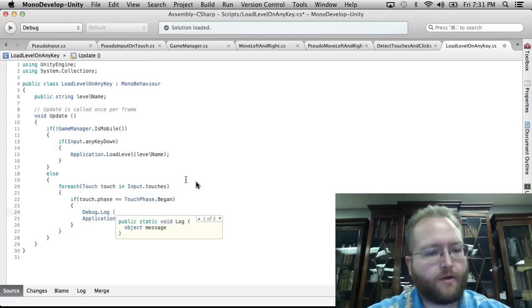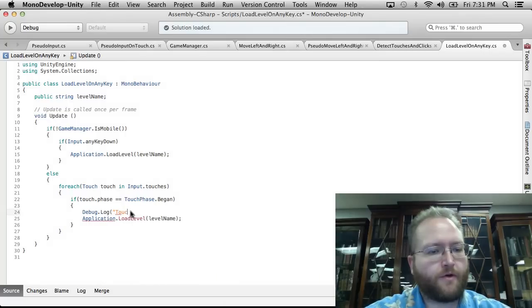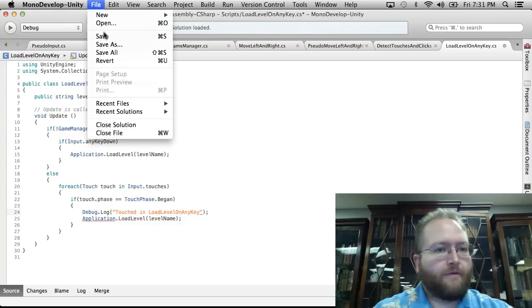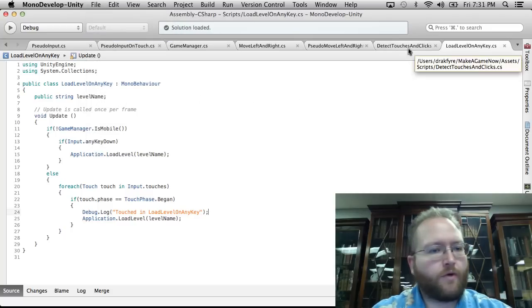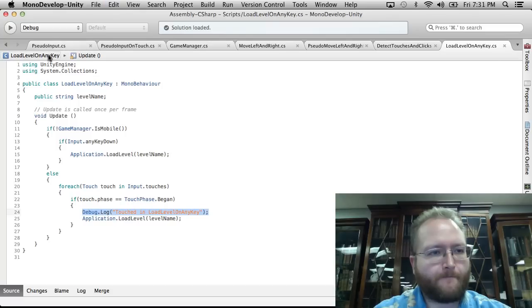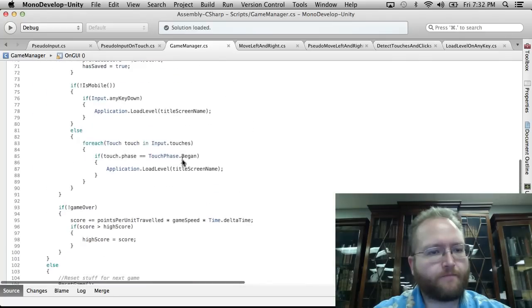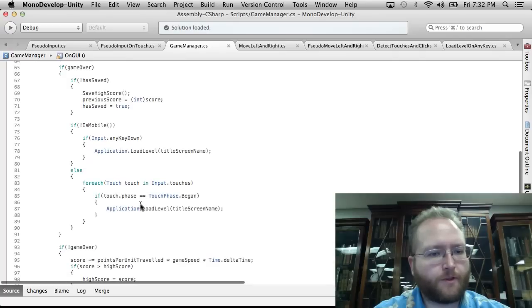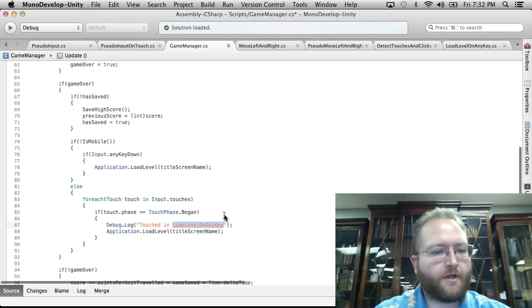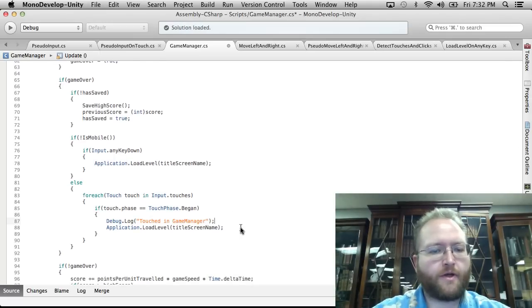So we're going to do debug.log "touched in load level on any key." File save, and then we're going to do the same thing on our game manager here. You might want to print out touches.count also. Sure, good call. So we're going to do "touched in game manager," and we'll go ahead and